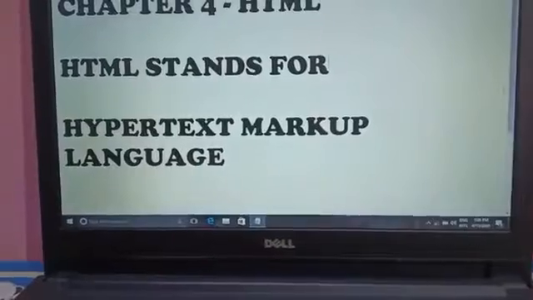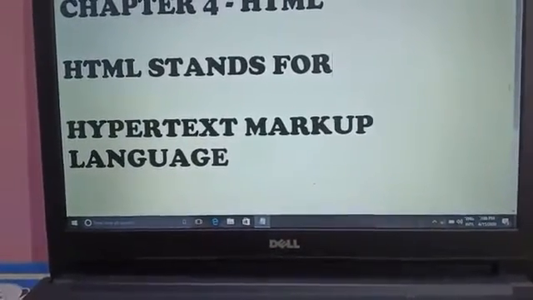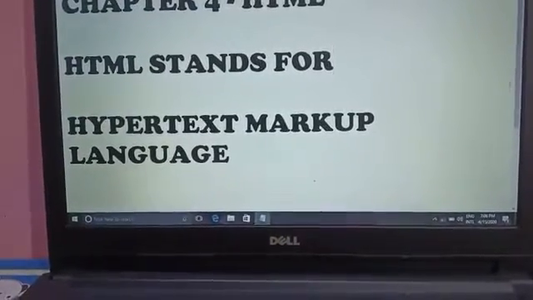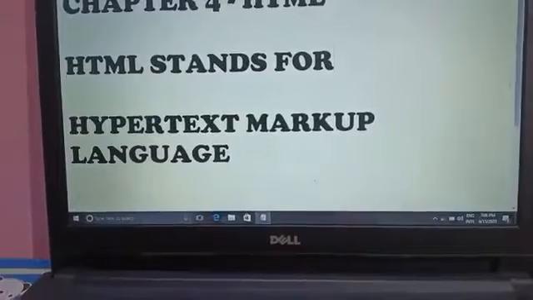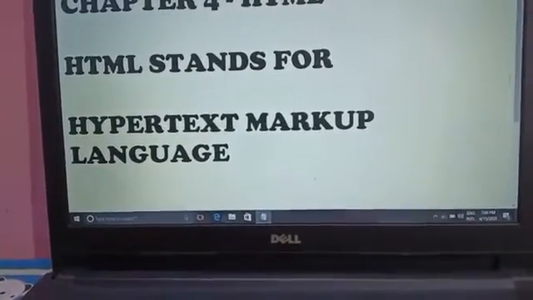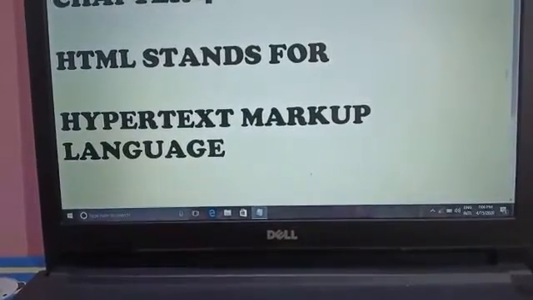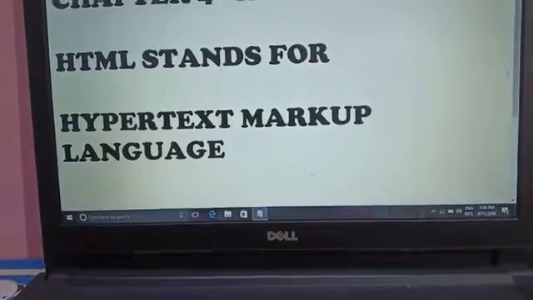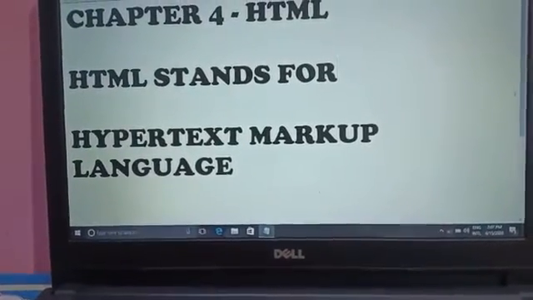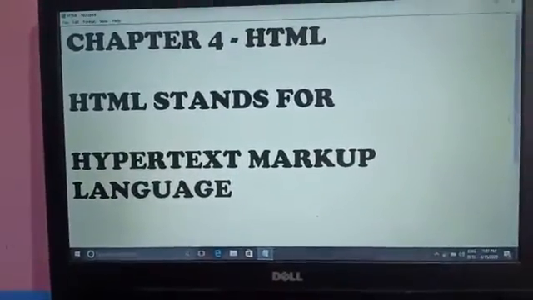In Hypertext Markup Language, we have to use tags to create a web page. And we have to use these tags with certain rules and regulations.